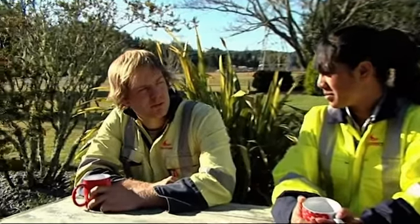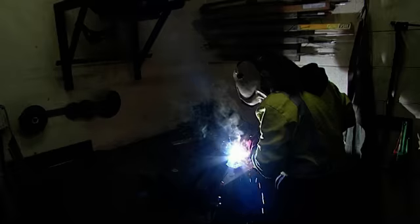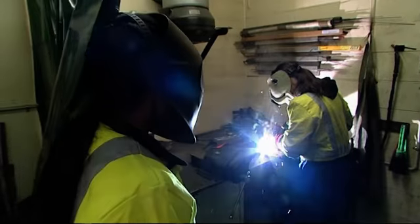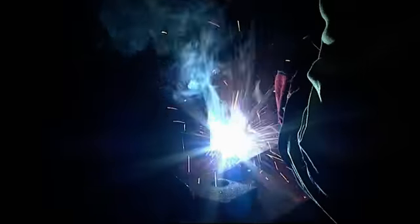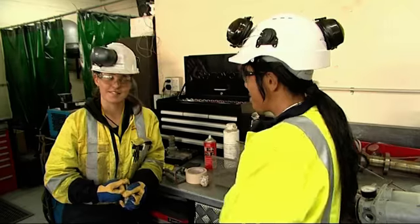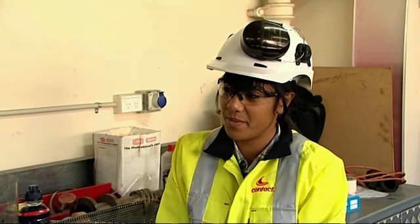Someone with a motivated attitude, ready and willing to learn, with good problem-solving ability. Well, Contact's new apprentice is just that. This bright spark is already really enjoying her job. I've been here for 5 weeks at the moment, just basically starting out, yeah. Enjoying it? Absolutely loving it, eh? It's the best thing that's ever happened to me. I've learned how to TIG weld, I've learned how to arc weld, I've learned how to pull pumps apart, just